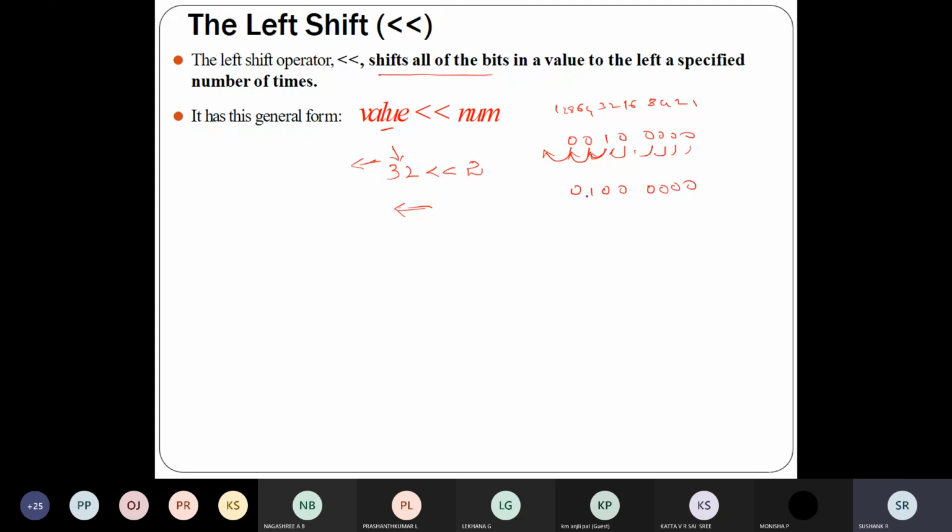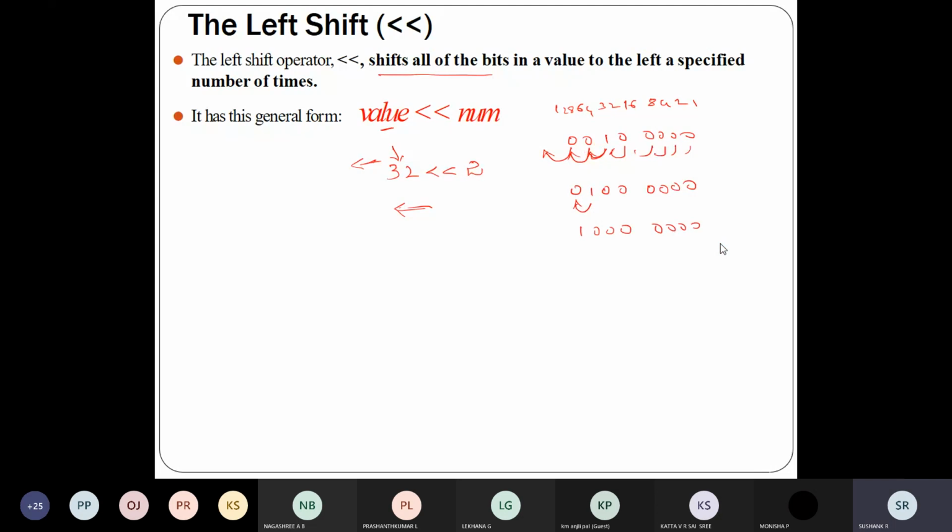When you shift one more time, this 1 will come here, so 1 0 0 0 0 0 0 0. So all the bits in that value will be shifted to the left the specified number of times, and 0 will be added on the right-hand side.